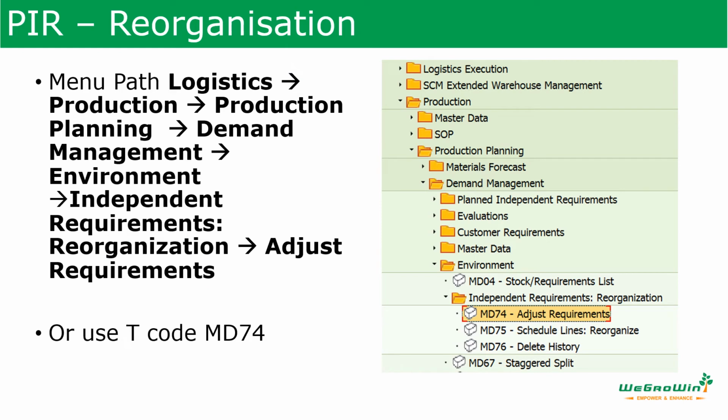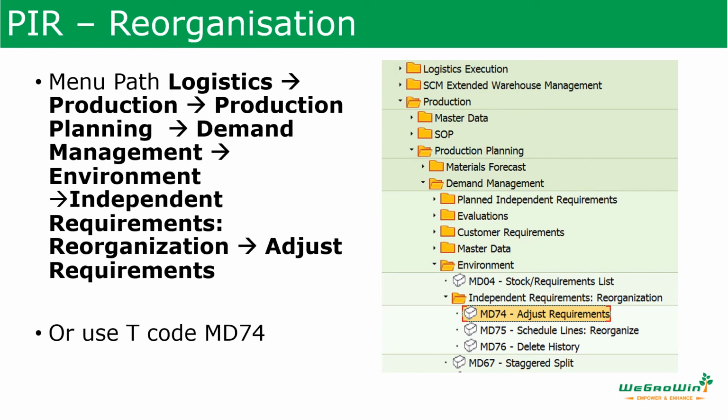And then we have, at any point of time, the PIR, as we told, getting consumed. When you have some 100 numbers of PIR, only 90 numbers may have been consumed, and 10 numbers will be there in the system. Those things you have to continuously review. Otherwise, for the remaining PIR, the system will plan the materials. That may end up with excess stocks and create a lot of exception messages. So we should reorganize the PIR on a regular basis. It helps to prevent any unnecessary confusion in the system.